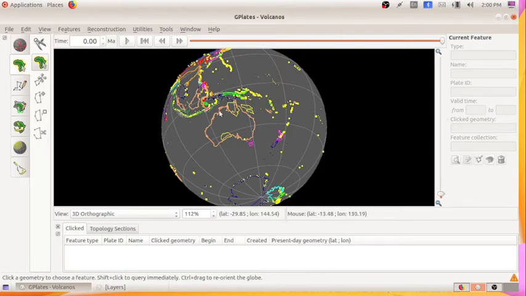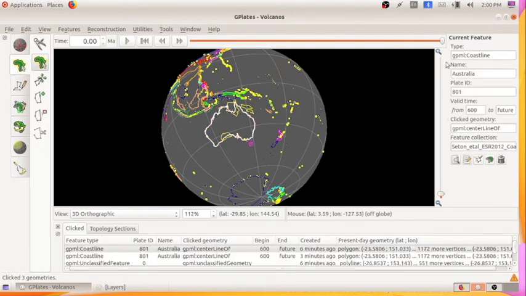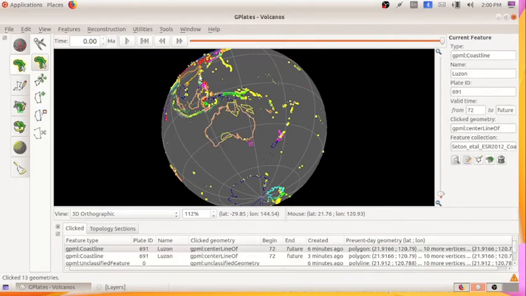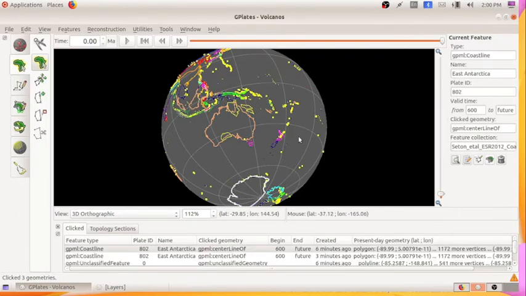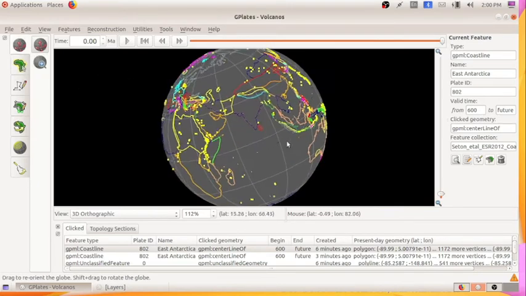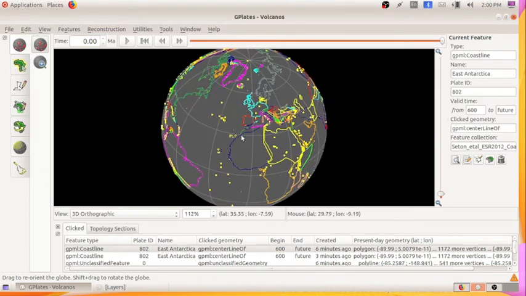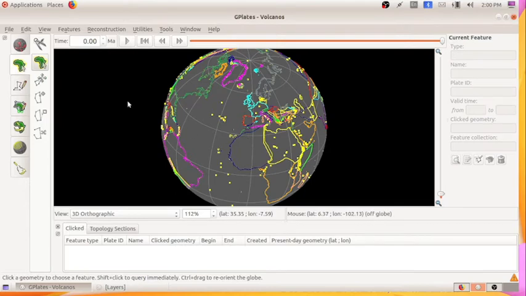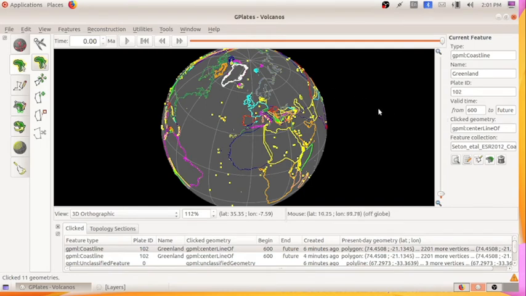And if I click here, this boundary got selected, and you can see the details of the boundaries. And if I select this boundary, you can see the details here. If I select here on this boundary, you can see the details. If I want to drag this like this, we can drag. I can select this boundary. Okay. Yes, you can see the details of the boundaries shown here.